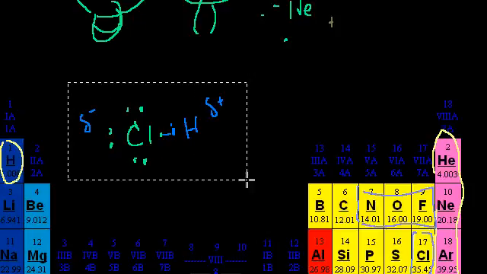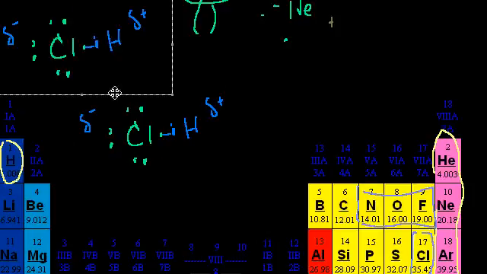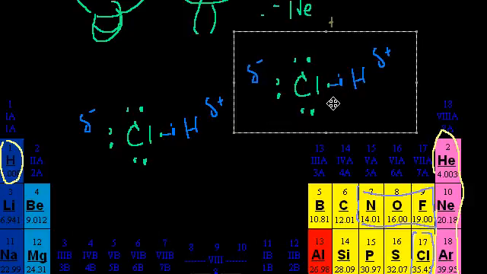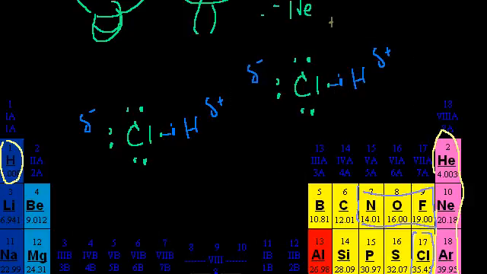If I have the other chlorine atom, let me copy and paste it right there, then you'll have this attraction between them. You'll have this attraction between these two chlorine atoms. Oh, sorry, between these two hydrogen chloride molecules. And the positive pole of this dipole is the hydrogen side, because the electrons have kind of left it. It will be attracted to the chlorine side of the other molecules.